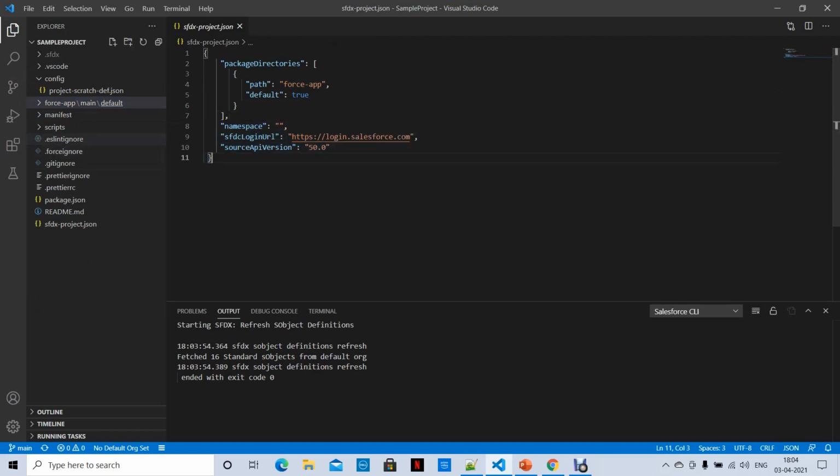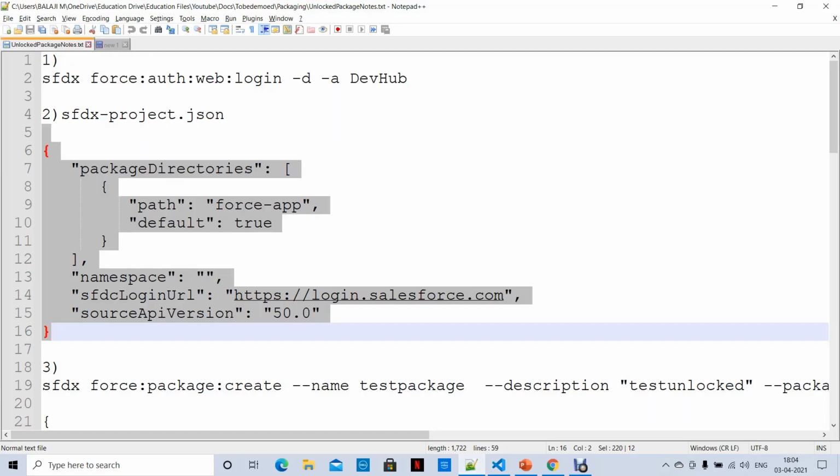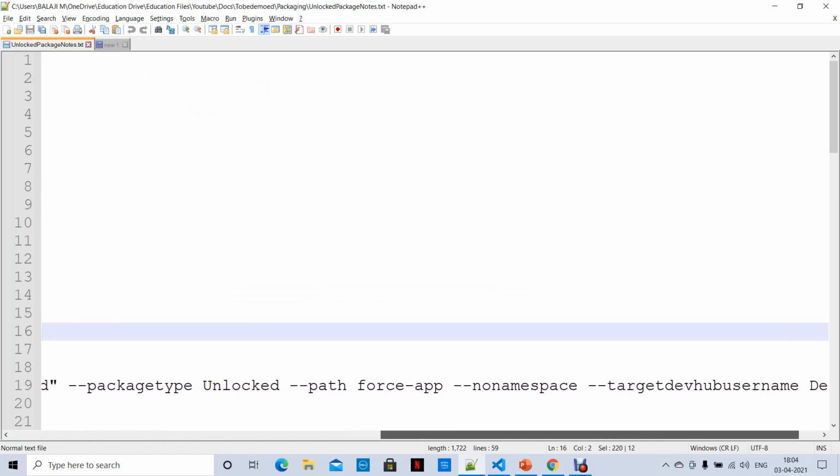Anyway, now what next? So until now what we did, we enabled DevHub and we authorized DevHub and we cloned a project from where we want to create unlocked package to our local folder, and I opened that folder from VS Code. Then I'm going to start creating the package. See here.